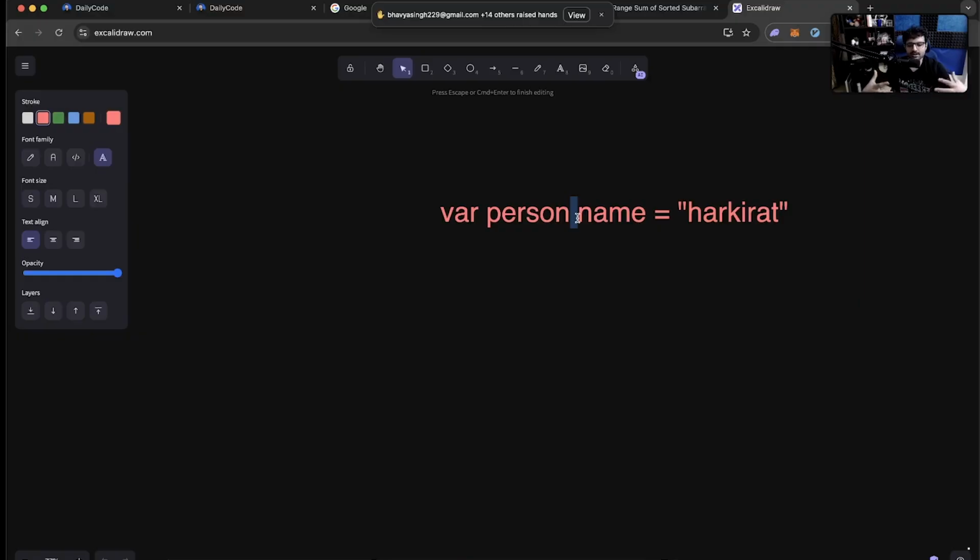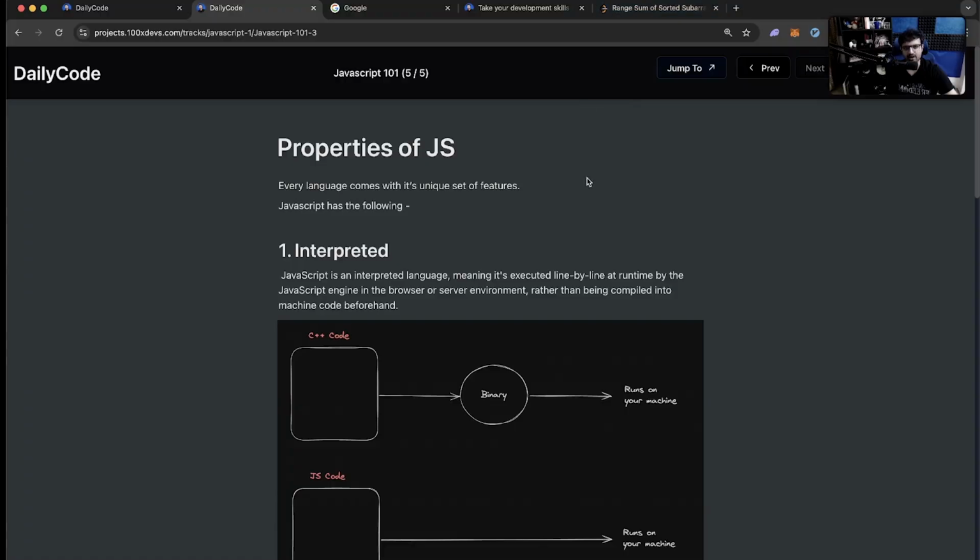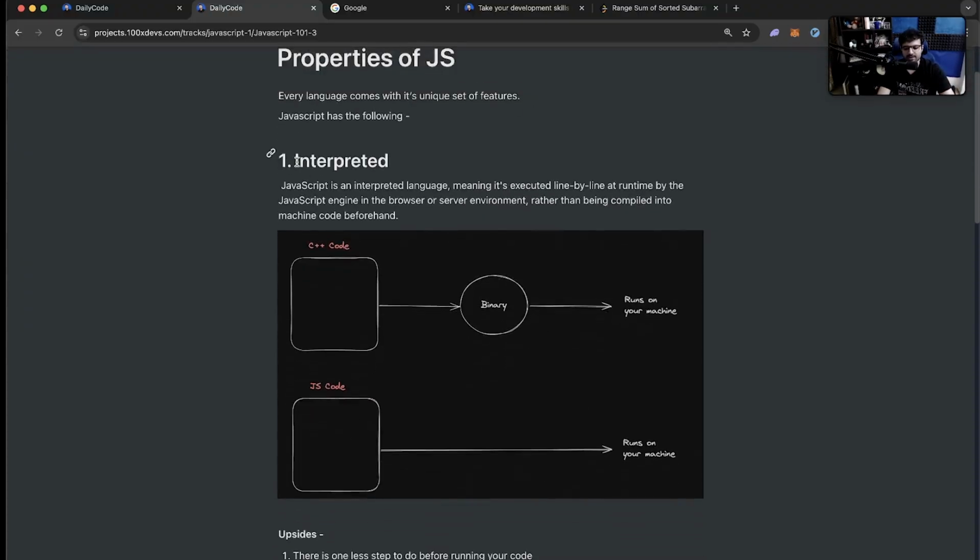So every language depends on whoever wrote it, and has weird ways you can write code. You cannot have a space in a variable name in Java, Rust, C, C++, or JavaScript. But you can in Slang, a language that was written for traders by Goldman Sachs. So every language has some unique set of features that come from whoever is creating the specification of that language, whoever is writing that language's compiler. JavaScript has some of these properties. Let's quickly go over them. Number one, JavaScript is interpreted.